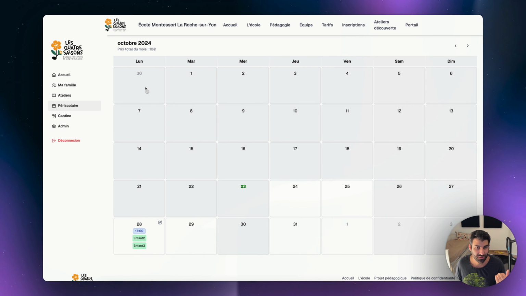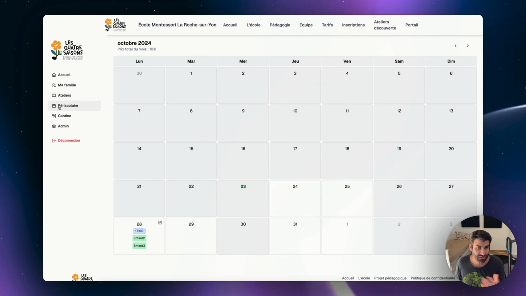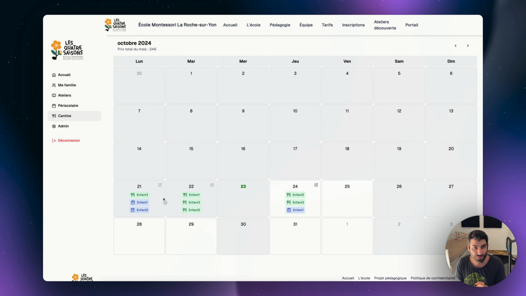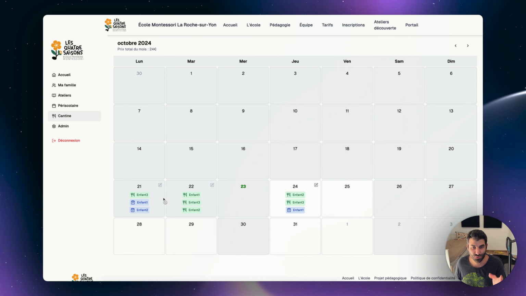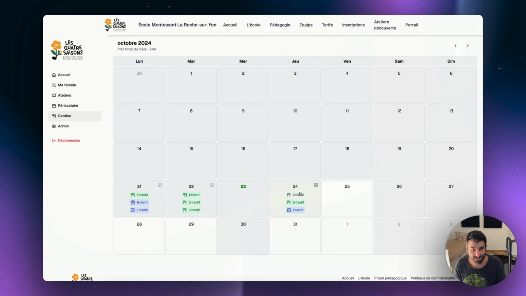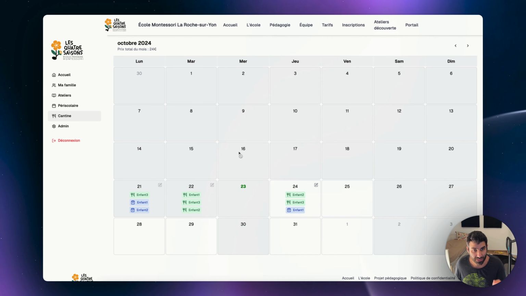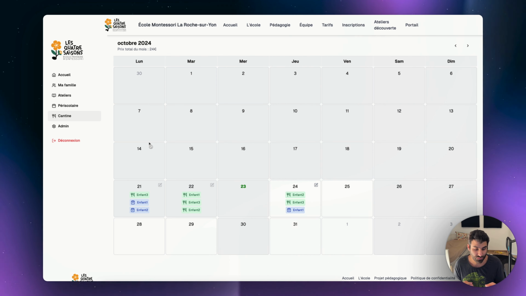So two reservations for one day, it's 10 euros. And for the lunch, it's 4 euros per child every time the school gives the lunch. So there is 1, 2, 3, 6, and 4 euros times 6, it's 24. So this part is working perfectly, and I asked the founder if he wanted to implement the Stripe functionalities for